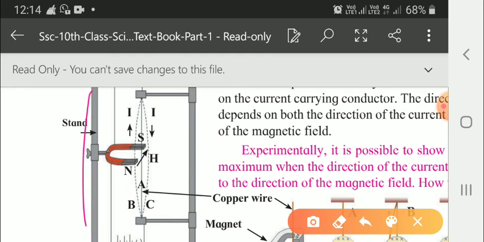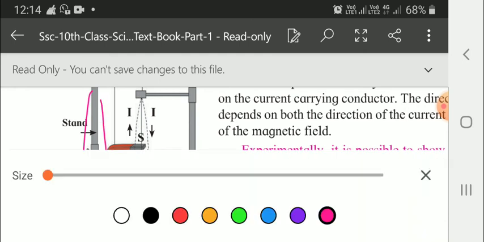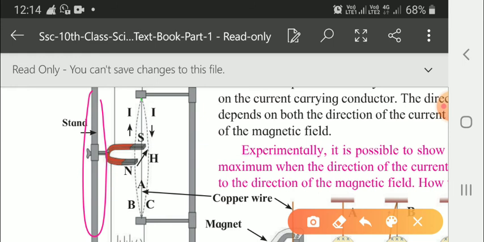This is the stand, we can see, children. And this one straight line wire is there. Now we will see here how this works: whenever the current is not flowing through the wire, it remains straight in position A. So here you can see A position is shown in the diagram. You see in your book, you will get it clearly.